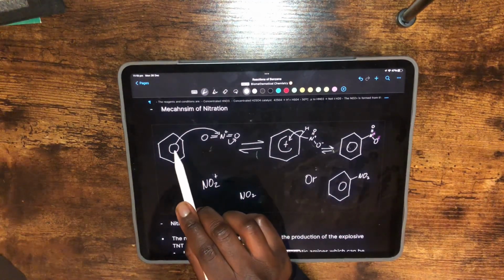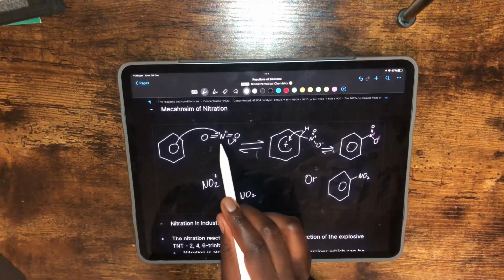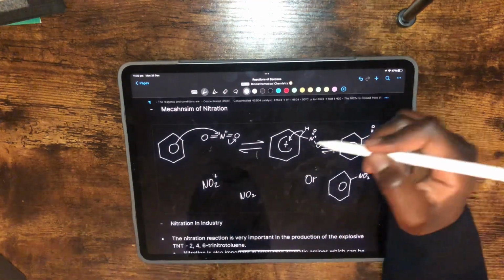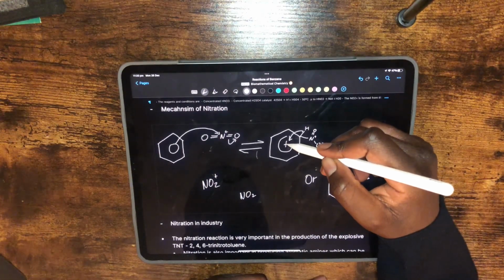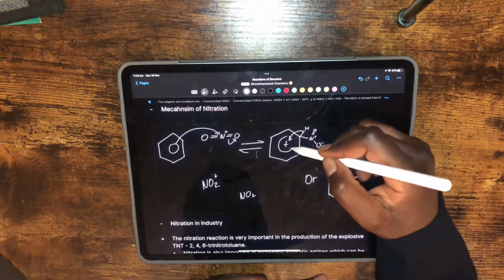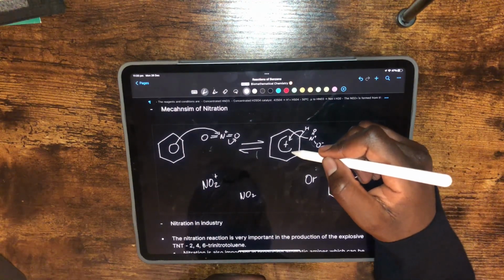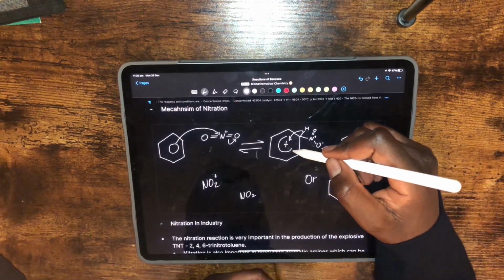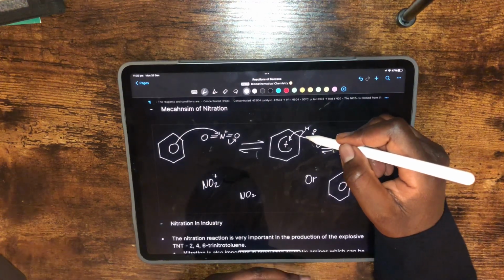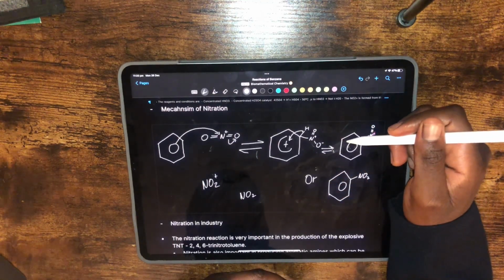So for the first one, we'll be showing the arrow going from the ring on benzene towards the electrophile, in this case the nitrogen, which it should be. The nitrogen is the one that has the positive charge here. The second one is for showing the intermediate, with the 2/3 full benzene ring with the positive charge, and then another mark for showing the bond breaking from hydrogen, falling in to reform aromaticity, and then another mark for